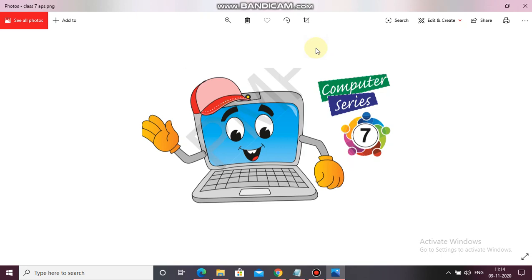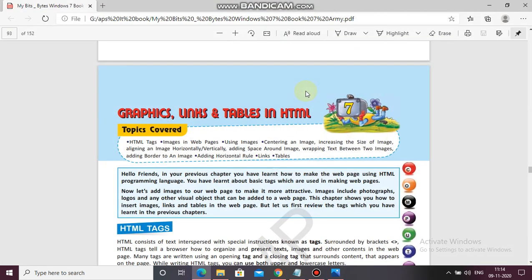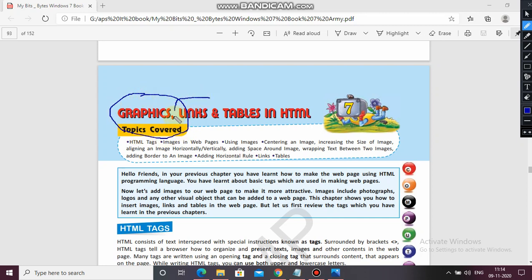So coming to the textbook, graphics, links and tables in HTML. Here you can see these three topics: graphics, links and tables in HTML.